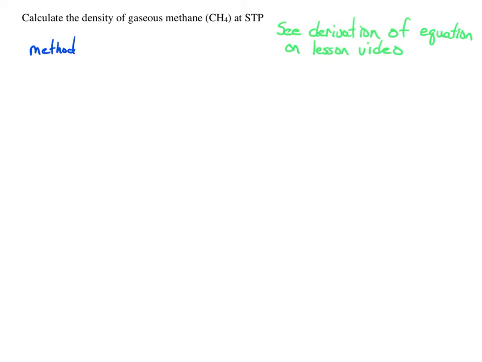And the equation itself is that the density of a gas is going to equal pressure multiplied by the formula weight divided by R and the temperature. So we would just substitute in the values from our problem and calculate out our answer. At STP, we know that the pressure is exactly 1 atmosphere. The temperature is